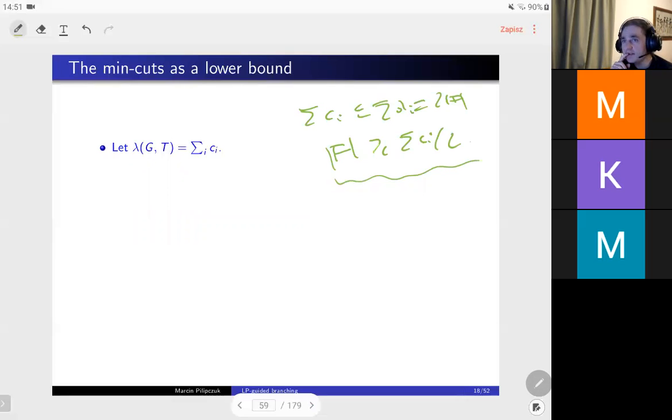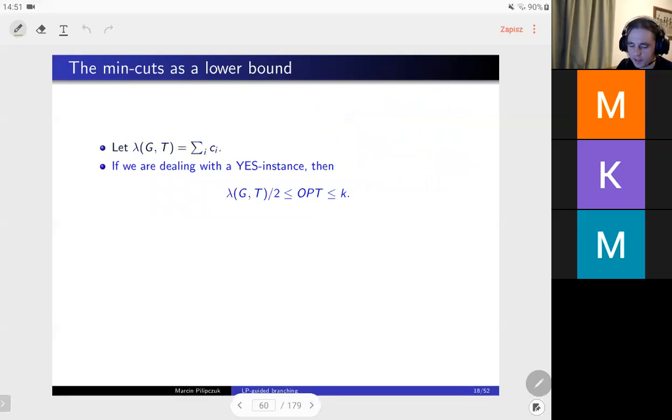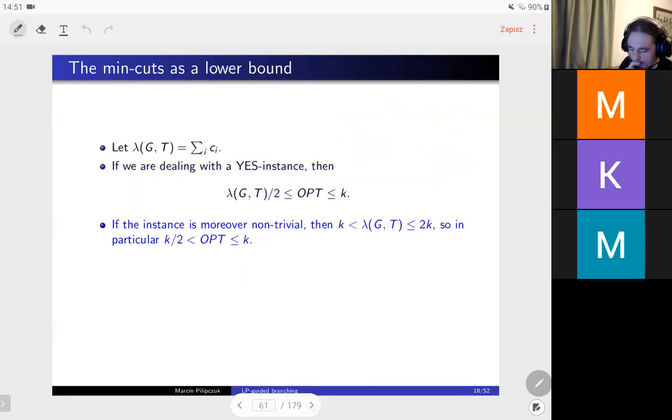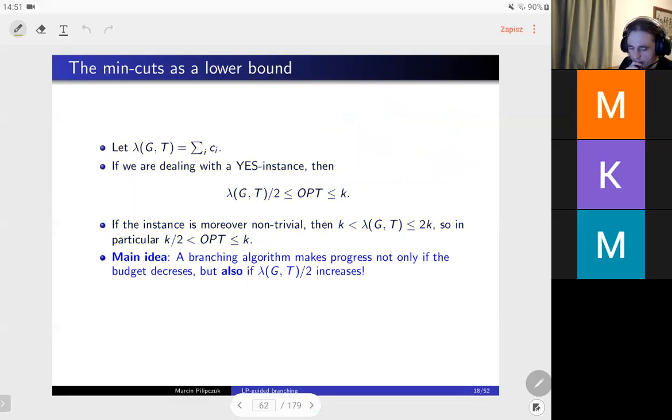Okay, and we will try to actually see how this lower bound changes just in the branching. What I would like to convince you in a moment is that this will behave exactly the same as in the vertex cover case. Why would it be so? This is like the analysis we had just before. So what I want to say here is that we'll have exactly the same as in the vertex cover case,